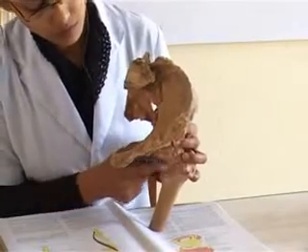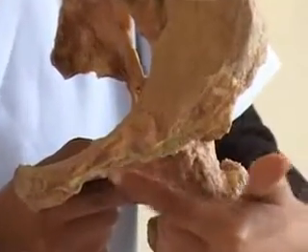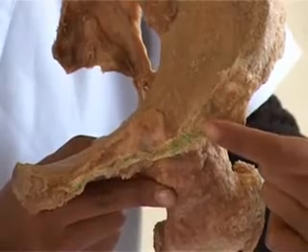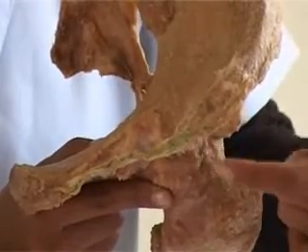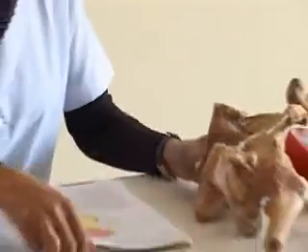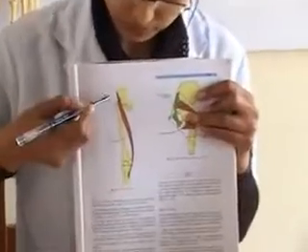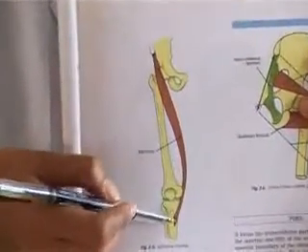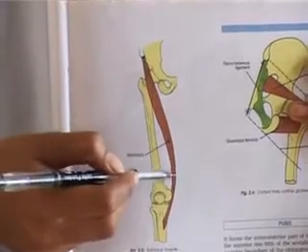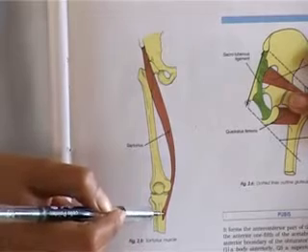The attachments. Anterior superior iliac spine. Lateral end of the inguinal ligament is attached to the upper part of the anterior superior iliac spine. Below that it gives origin to a parallel muscle which is known as the sartorius. Sartorius arises from anterior superior iliac spine, passes across the thigh on the medial aspect of the knee joint and gets inserted into the upper medial surface of tibia.